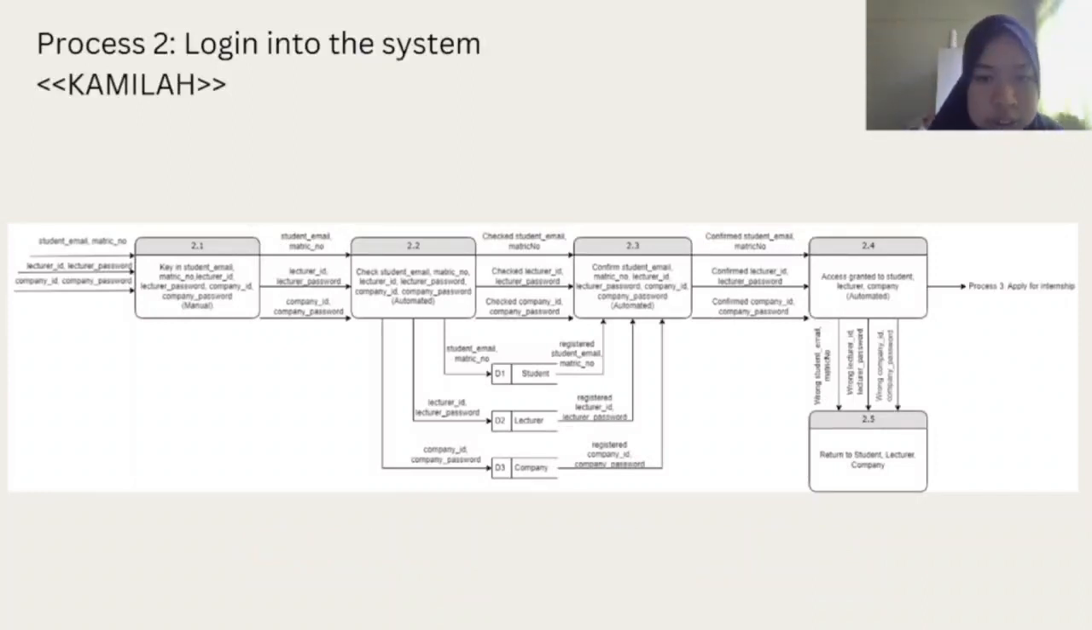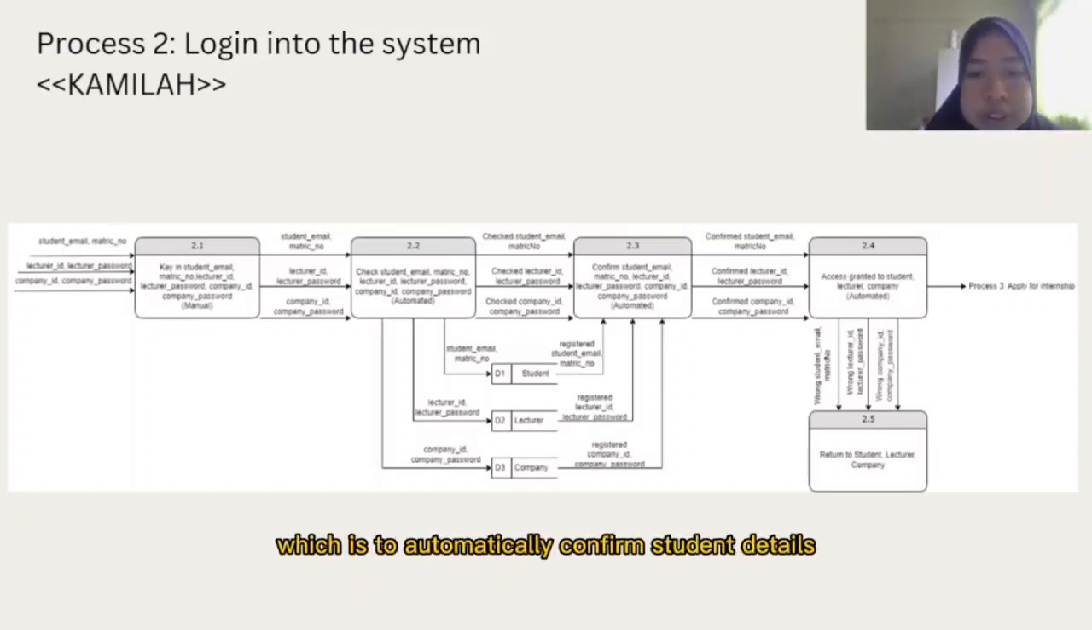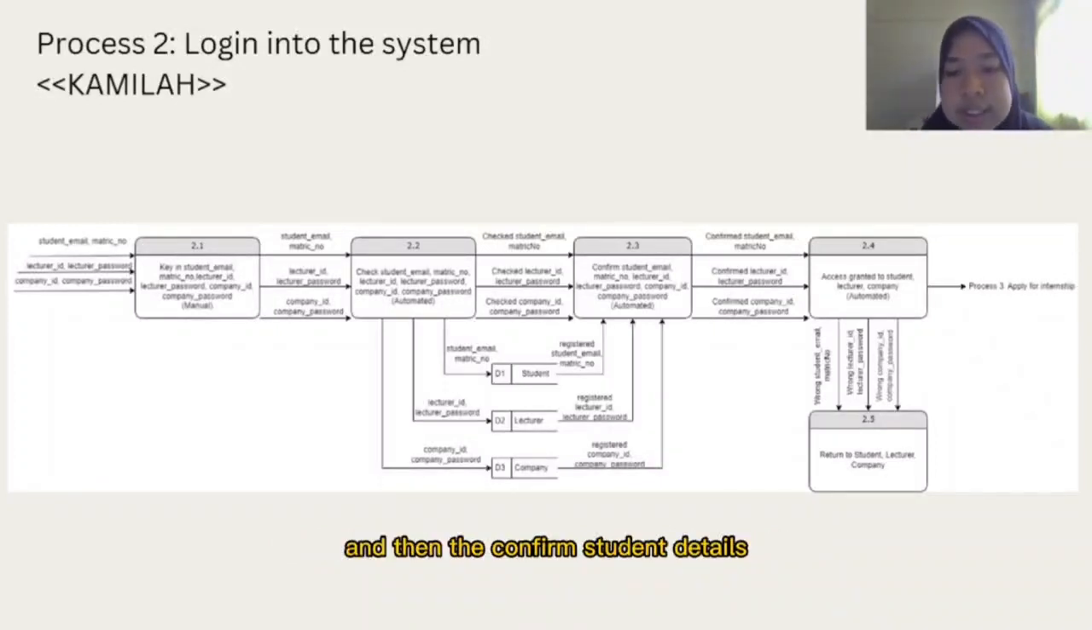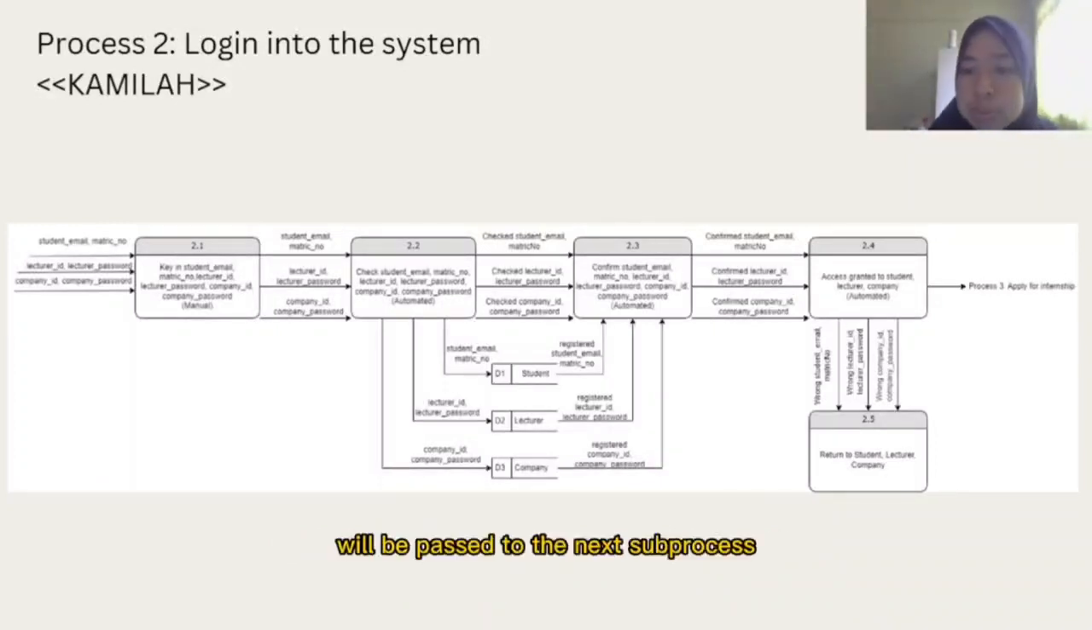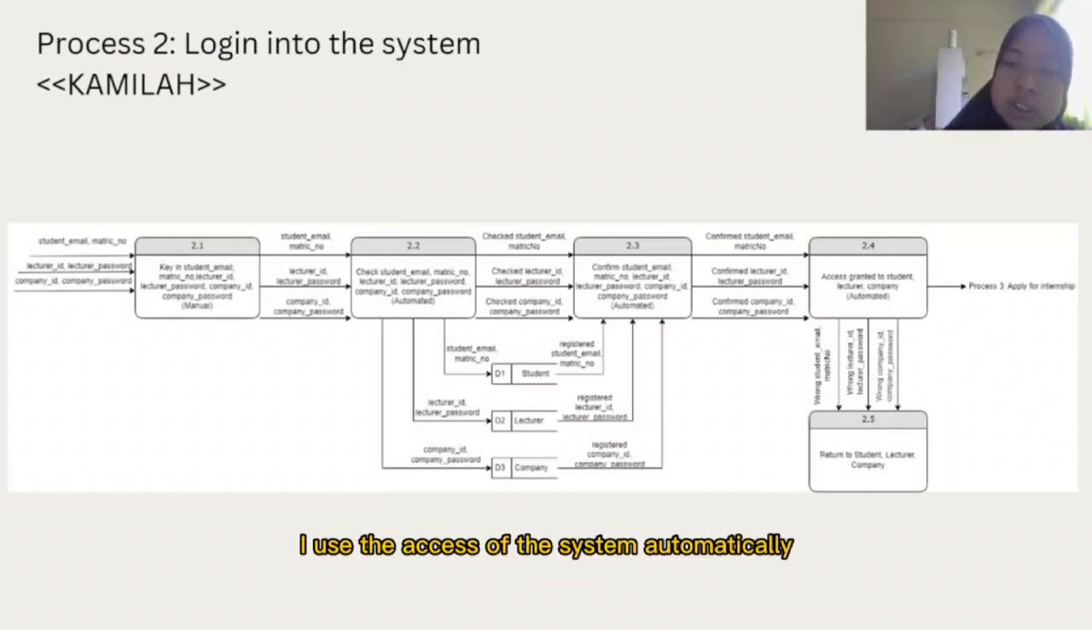The checked details will be used then in sub-process 2.3, which is to automatically confirm student details. And then the confirmed student details will be passed to the next sub-process, which is to grant the user access